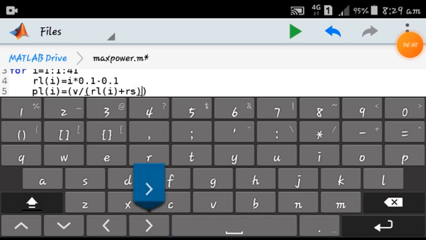Here I have taken right. Now I am squaring it, star, now RL of I.